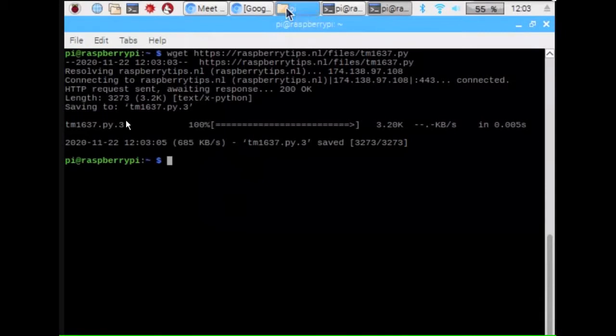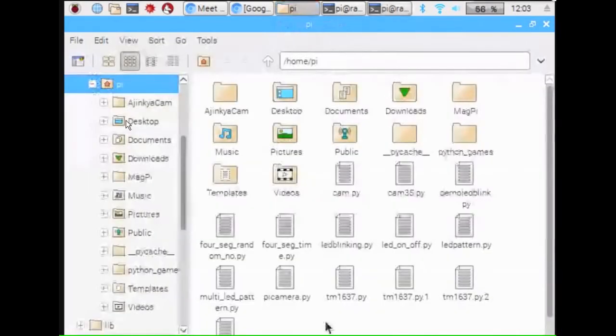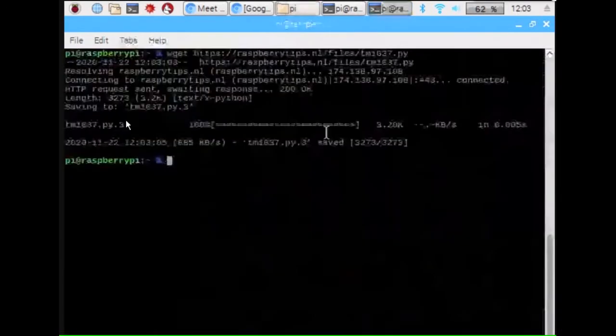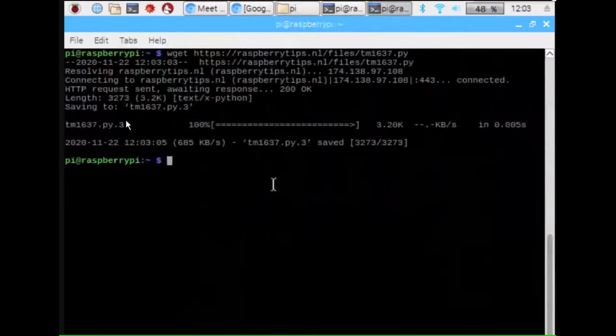To check whether the file is downloaded or not, you go to your home py, you will get the tm1637.py file available. Now come to the terminal. So here we get to know the file is downloaded.